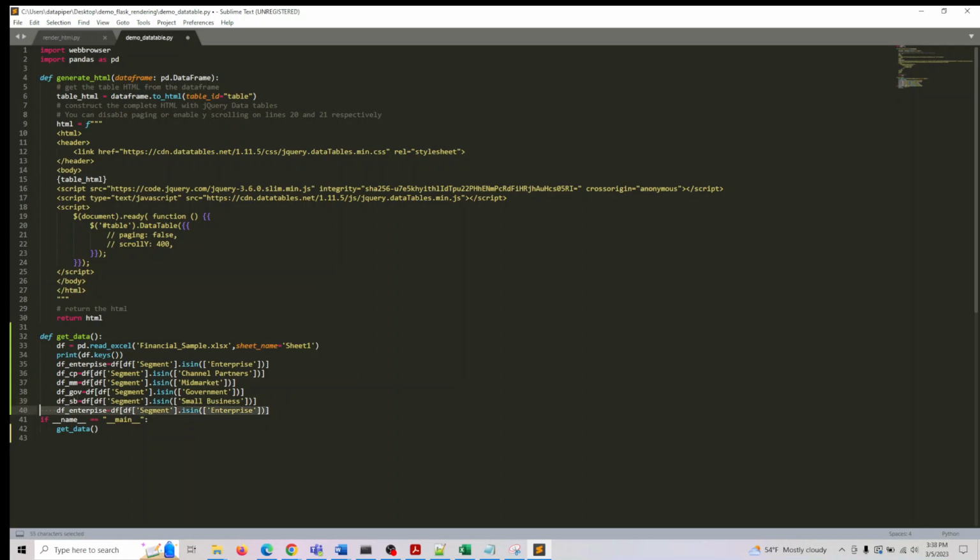And after we do this, our get data now has all the data, and after they are done, instead of get data, let's call this get data and gen HTML. So our job is also to generate HTML. So let me call this get data and gen HTML as this one here. And after they are done,